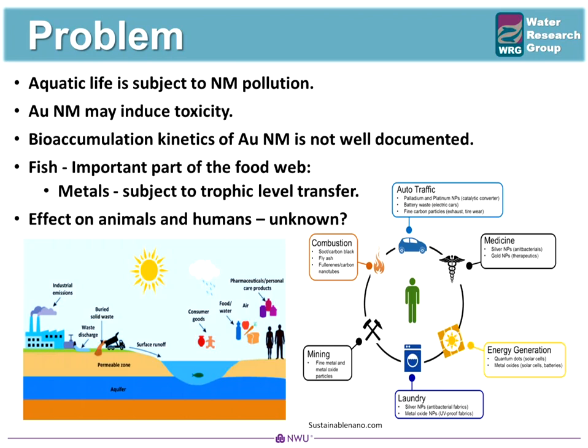Due to aquatic life being subject to nanometal pollution and nanometals being causative of cellular toxicity, depending on factors, the bioaccumulation kinetics of differently shaped nanometals, in particular nanogold, as well as its respective effects require attention, especially in fish. Fish form an important part of the food web, providing a form of an ecosystem service. And due to nanometals being subject to trophic level transfer, this may lead to drastic effects on both other animalia